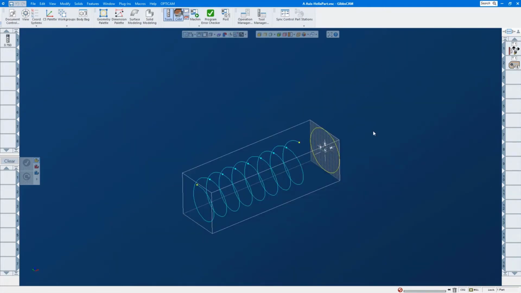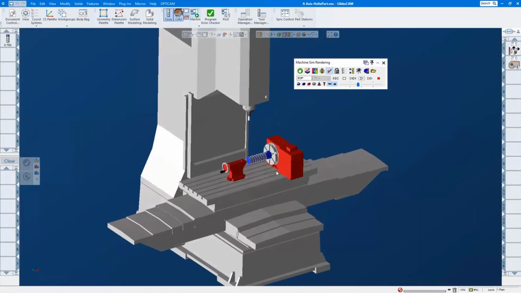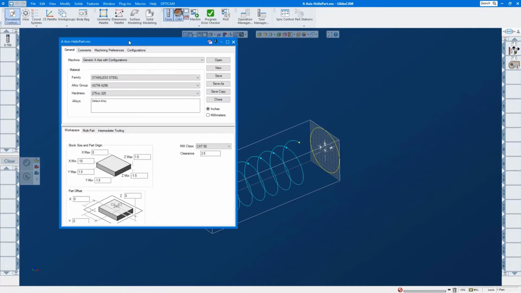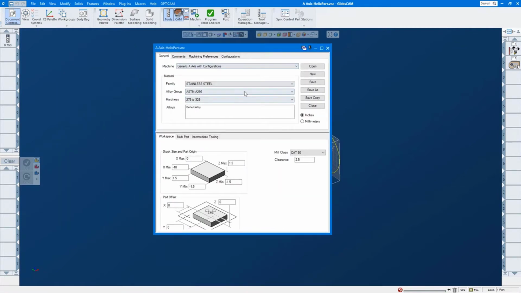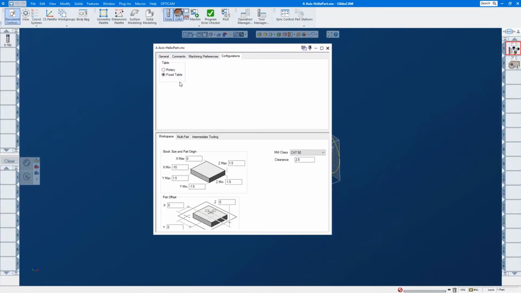And what I'm going to do is just kind of show this to you. So you see this, yeah? Okay, so here's a machine, got a rotary table and a part. Now this part naturally is not good for just a flat table. But in the document dialog, what you're going to find when you have configurations in your MDD is a tab called configurations. And here we have, in this case, 2 different ones. I have a rotary one and I have a fixed table. If I switch this to the fixed table, for example,